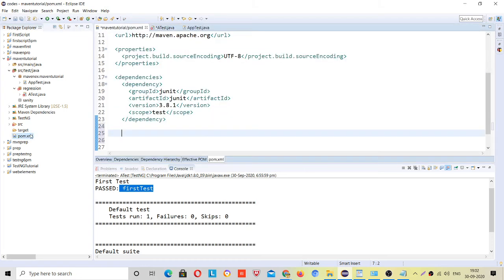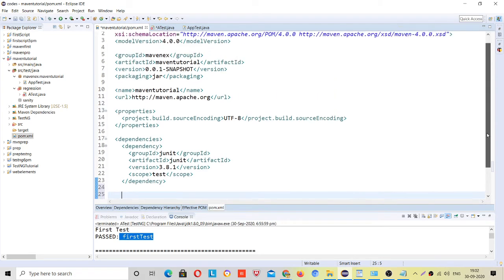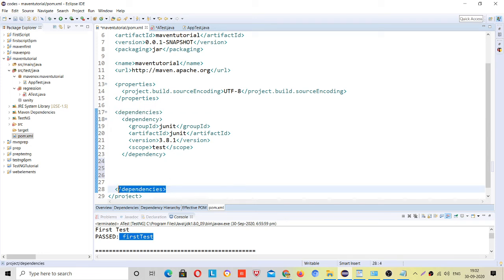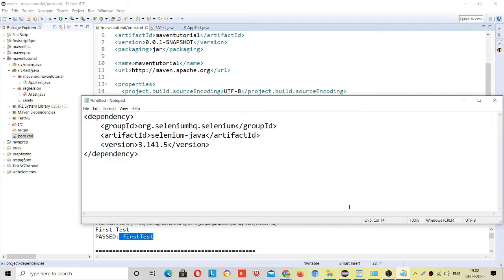Now I will add the dependency here, and where you have to add it, let's see carefully. See, dependencies opening here and closing here. In between you have to paste your code. So selenium java, the path and the version.